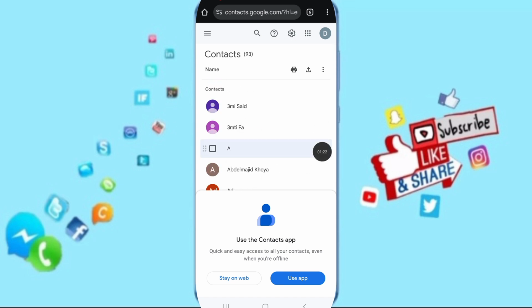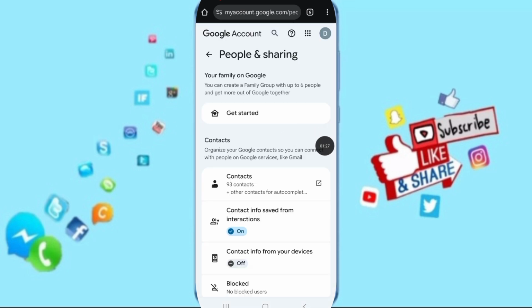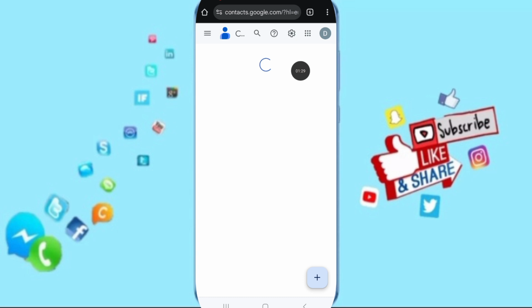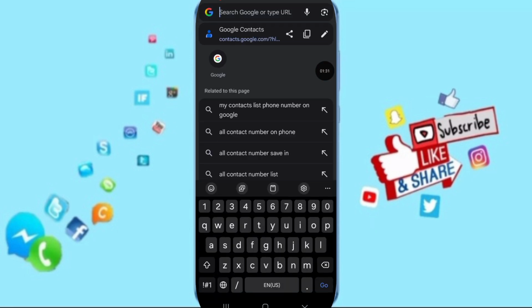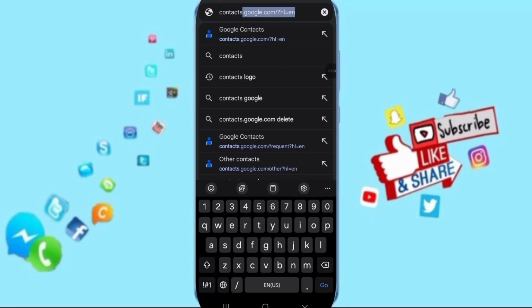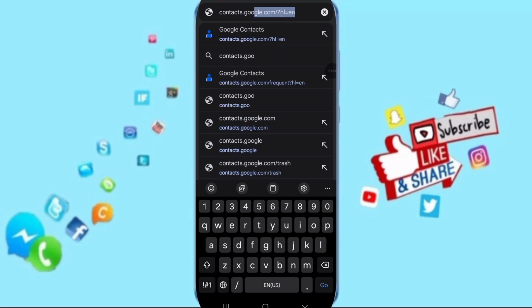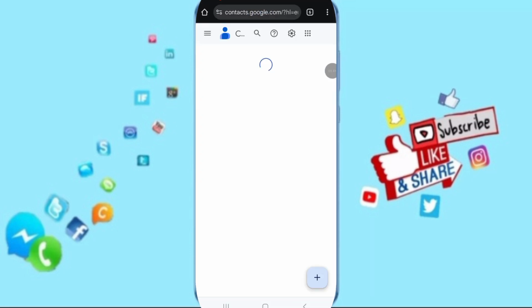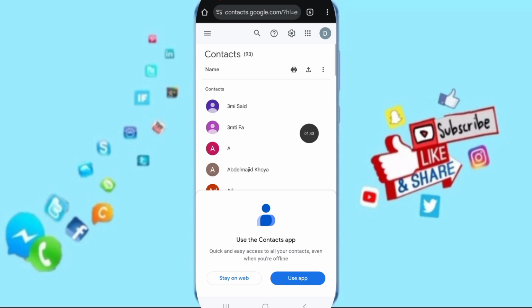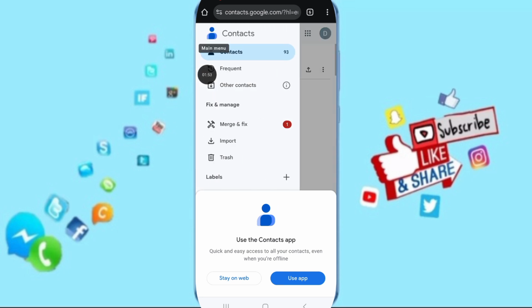If this first method is not working for you and you don't get the first option, you can simply write here contacts.google.com and it will bring you automatically to contacts here as you see. Then what you have to do is go to the sign of the three lines above. In this page here,